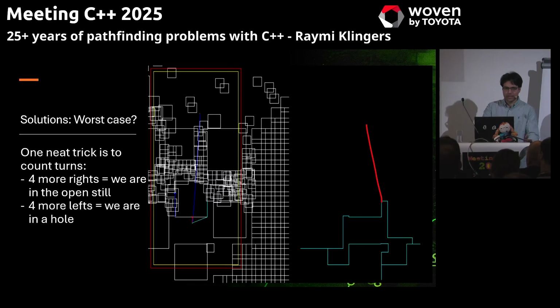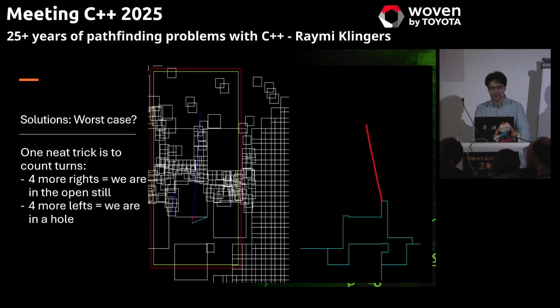Now, what about our worst case? What if we can't actually reach it? Now, this is obviously a different sample that I took from the game. It looks a bit messy. It's a bit hard to see what's actually going on. The big rectangles are buildings. The small rectangles are units fighting between the buildings. And then you have the forest on the right, which is that messy grid that is to see. And we're trying to path from below to the other side of our battlefield.